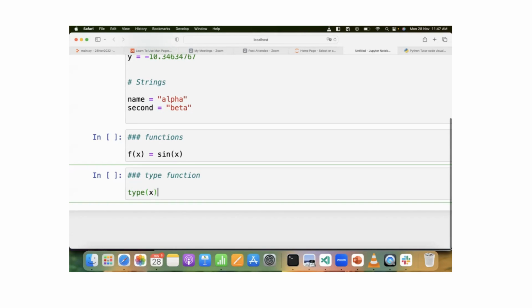The data type of the input argument, which is x, right? So if we give type of 10, what do you expect? So 10 is an input to this function. If you're getting confused, you should just look at,